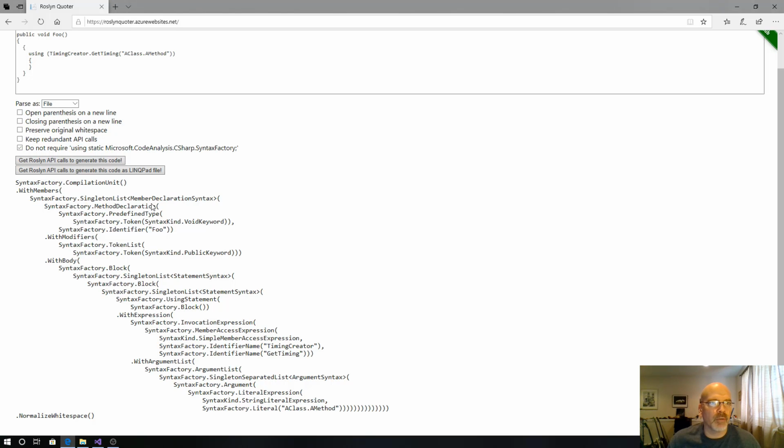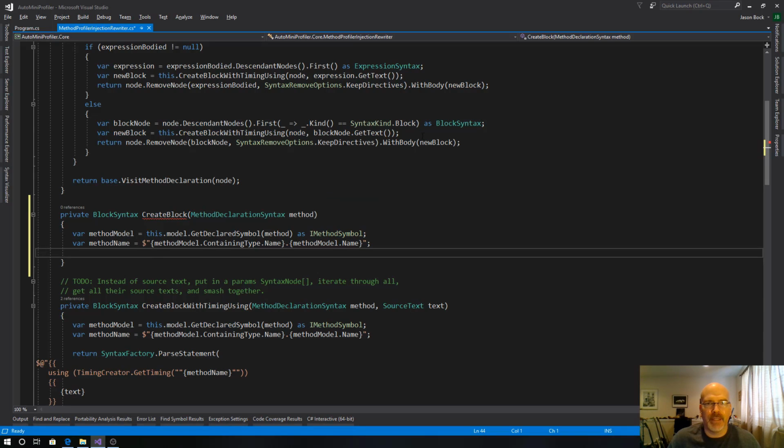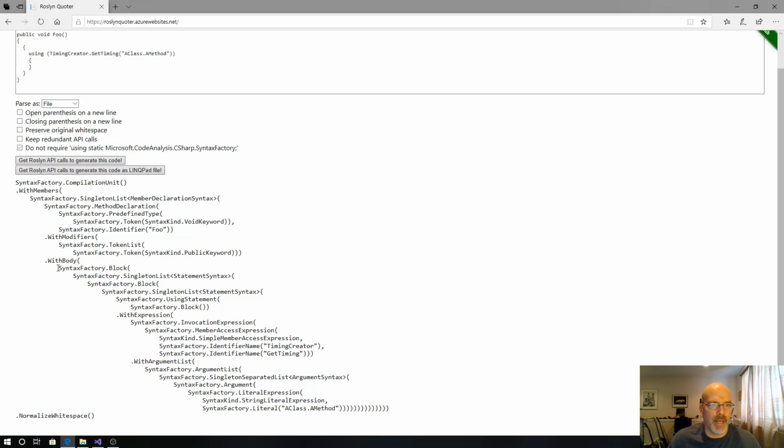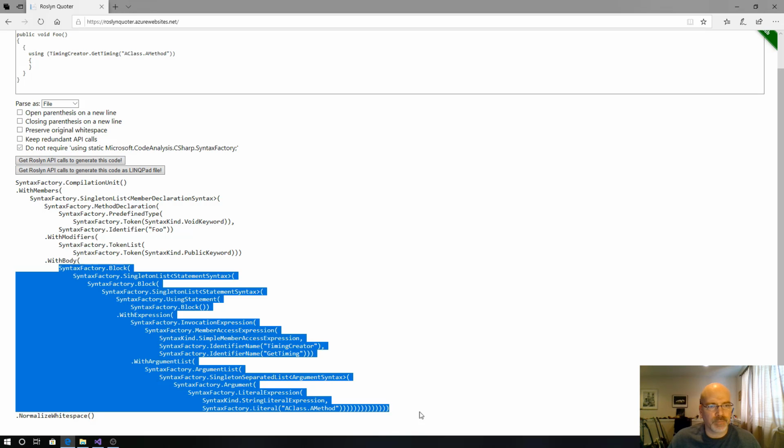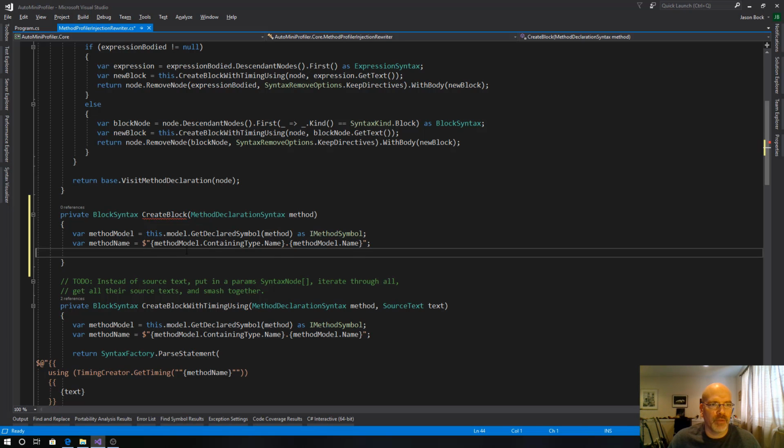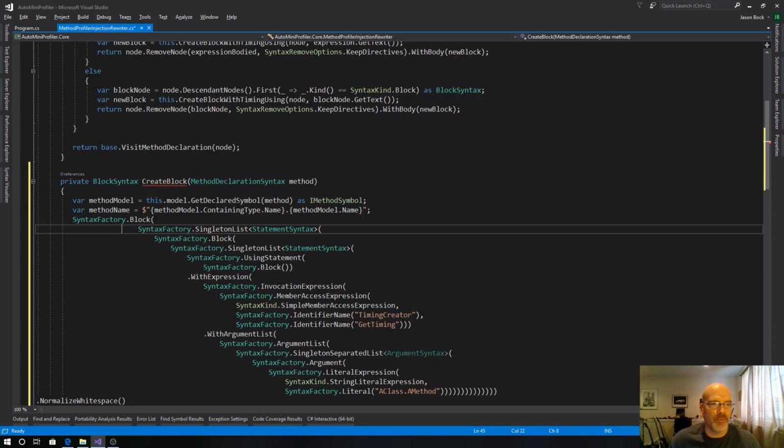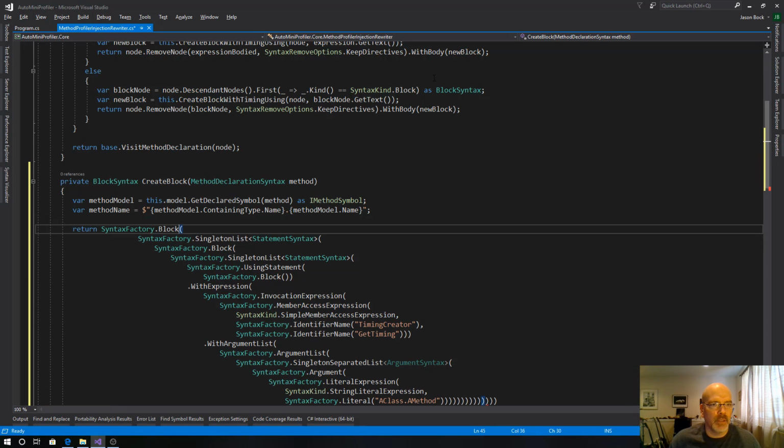And then I already came over here to Roslyn Quoter, and I put in something that I wanted to basically do. Because the with body I'm already doing, I just need to make a new block, which is what this is doing. And then I'm going to keep the normalized white space, I think. These are always fun because they get to be so big. All right, so,